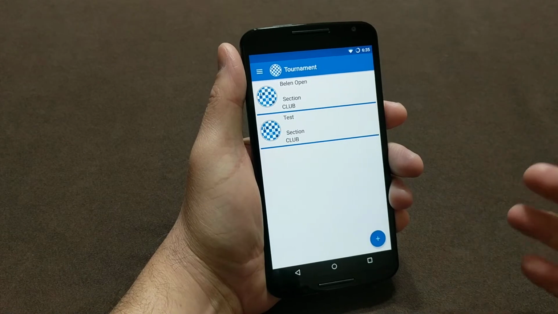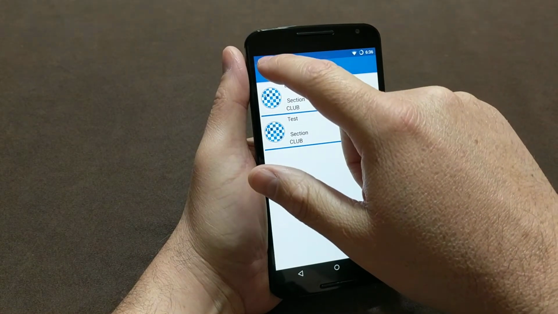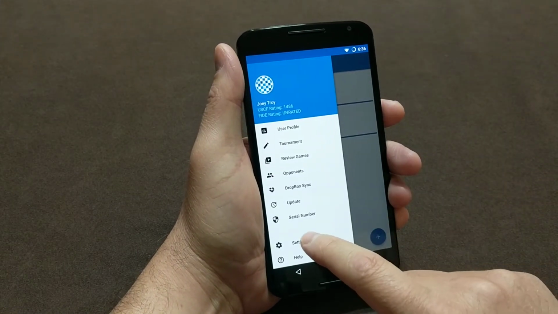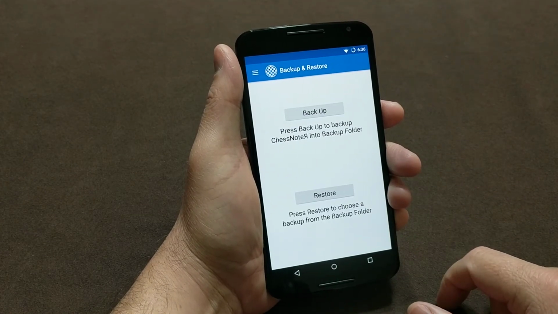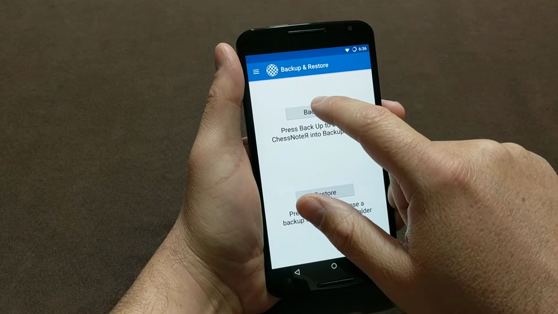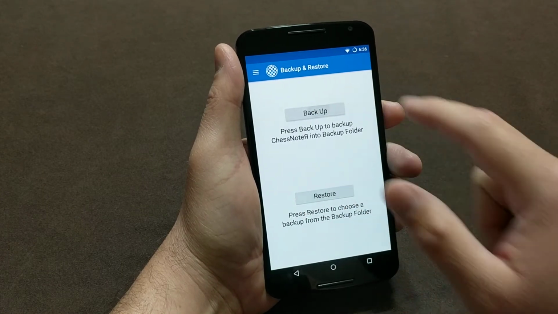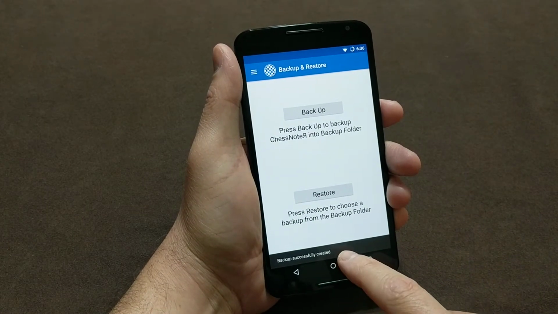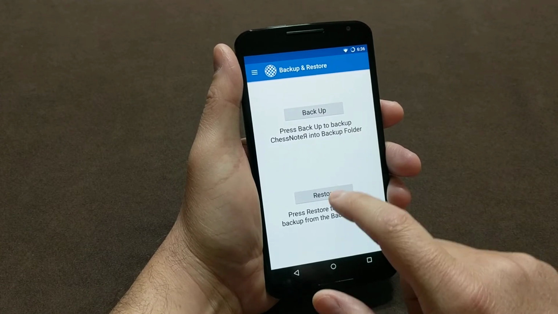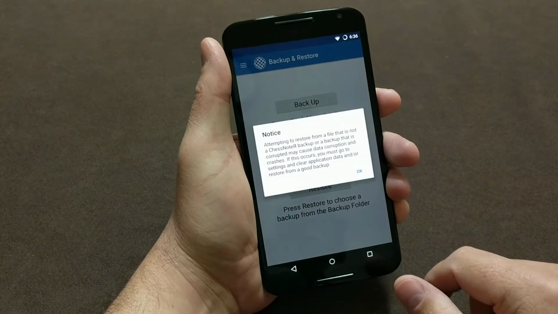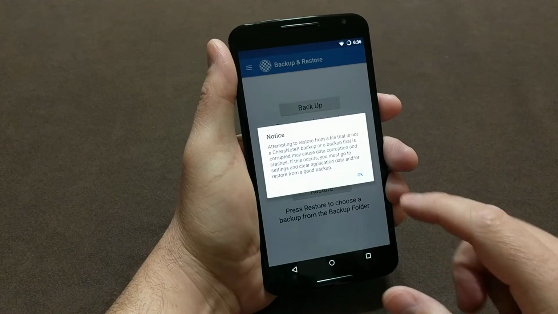Once you verify all your data is in here, we're just going to go ahead and hit the menu button. We're going to go to settings, and under settings, we're going to choose backup and restore. At this point, you're going to do a backup. So go ahead and press backup. Once it's backed up, it's going to let you know it's successful. To make sure that the backup is on the device, we can do a restore. It's going to attempt to do a restore, so we can hit